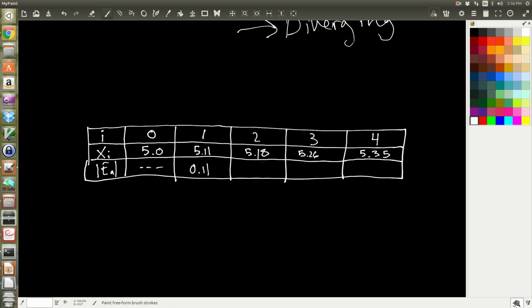Well, we could calculate errors for each one. So the approximate error for this iteration is the difference between this value and this value,